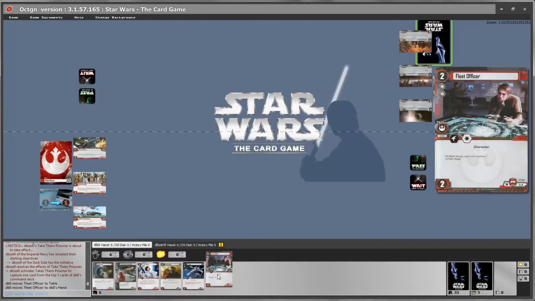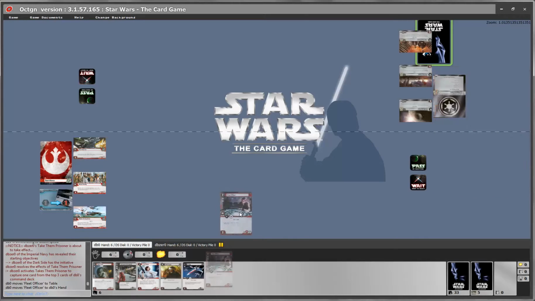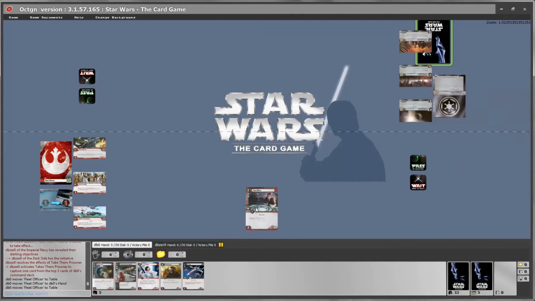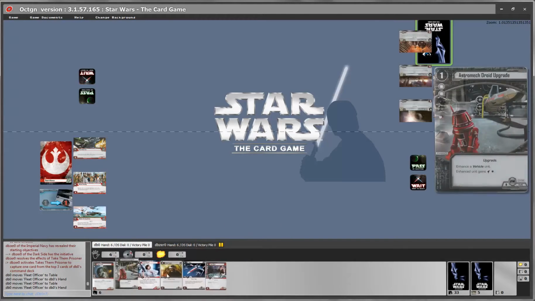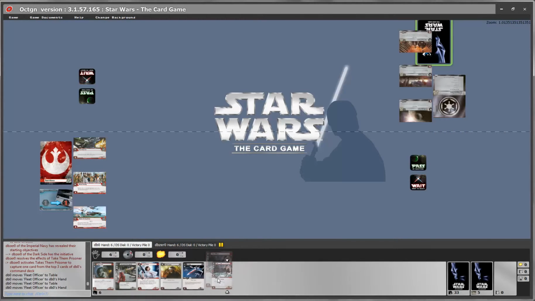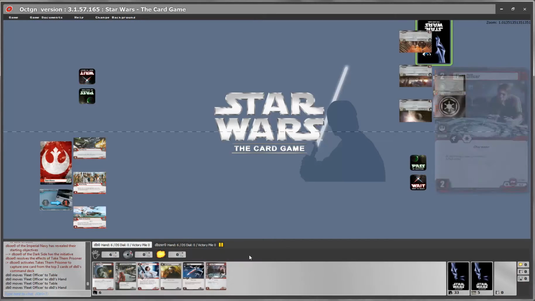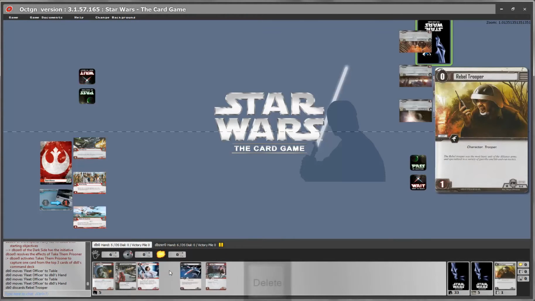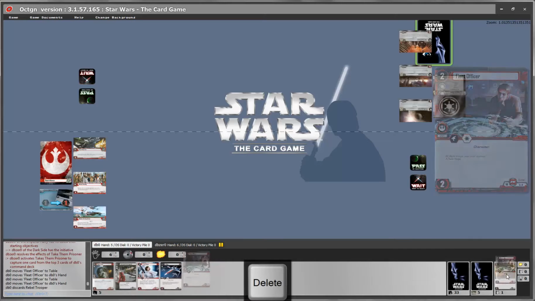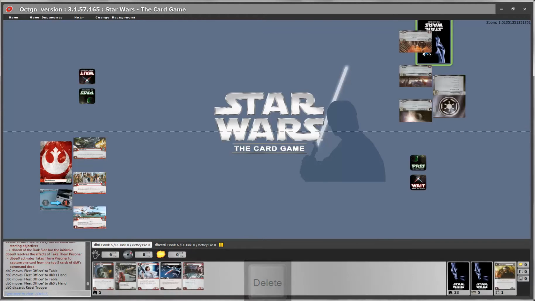Drag and dropping cards, while it may seemingly work, tends to break a lot of scripts, especially if the cards have hit the table. On your hand, you can work around with dragging cards to your discard pile, but it's just easy to mouse over the card and press the delete button. If you drag them around, you have a chance to make mistakes. For example, put them on the bottom of your deck instead of on your discard pile, or instead of the top, or just put them on the bottom of your discard pile instead of the normal.